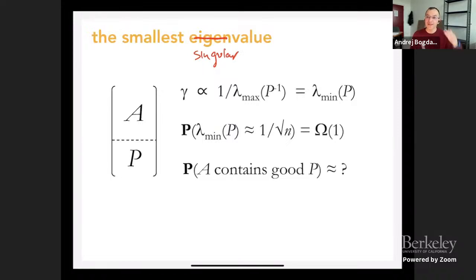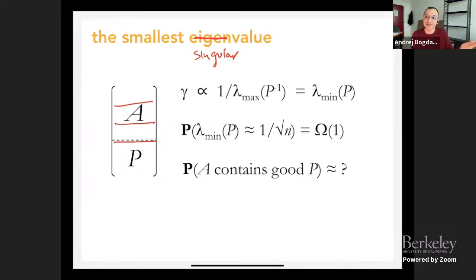So we need to find inside this matrix A some kind of submatrix P which doesn't have too small a singular value. So how do we do it? Well, if the matrix A happens to be very big, what we can do is divide it into independent chunks, right? Everything is random. And we can say, well, at least one of these chunks will have this property. But then we have to pay some price, right?